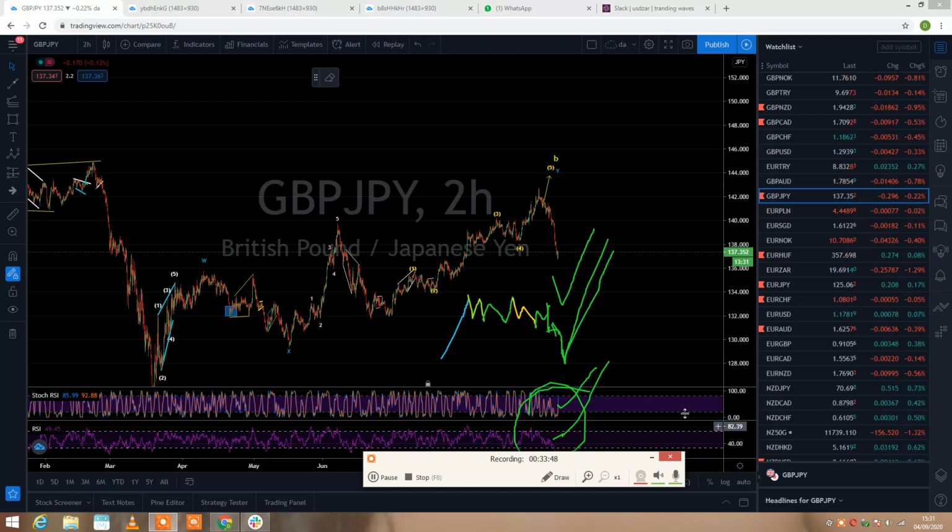So this divergence just be there to confirm our entries, because we are not just saying okay, this one is going to do this, and no, that's what we are not doing. We always be patient with the structure and understand what kind of structure, and always wait for the right entries. Right. So what I see now on the pound yen, the structure that we have so far, this is only telling us